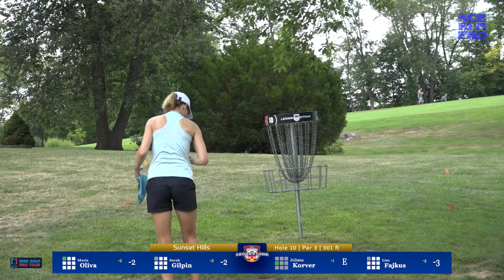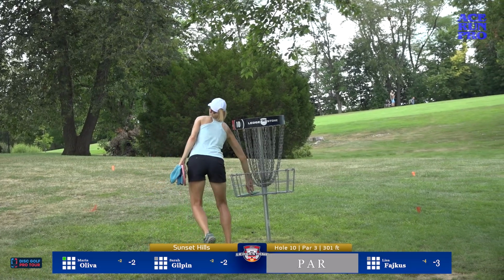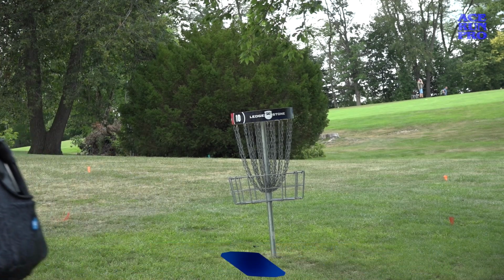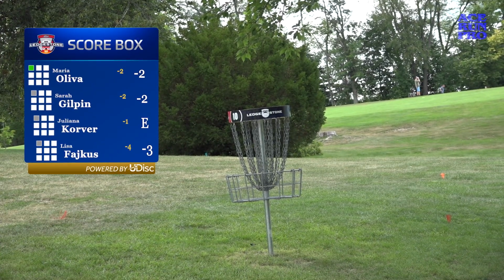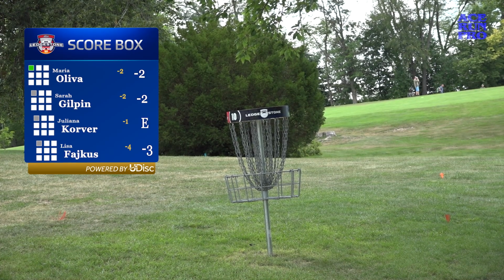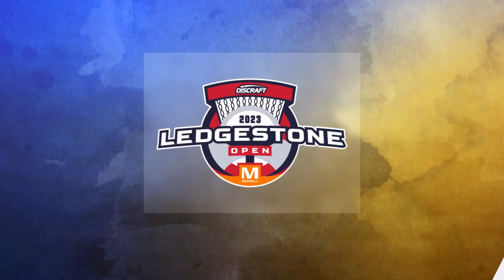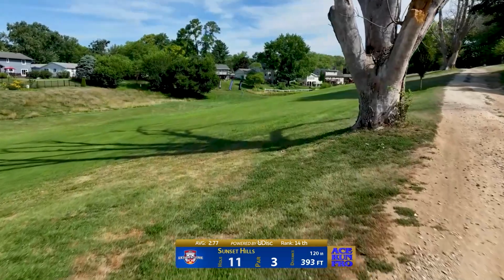Got the ladies tapping out here. Juliana with her par. Got 3 pars here. And Maria with that nice birdie. And nice to see that birdie from Maria. Good bounce back. Hole 11, a downhill